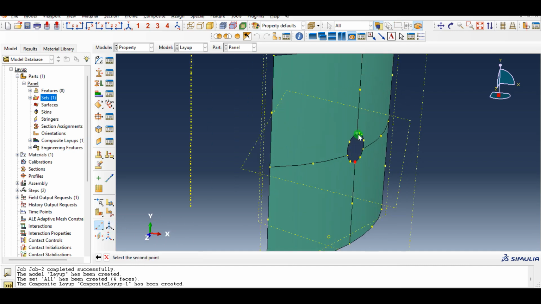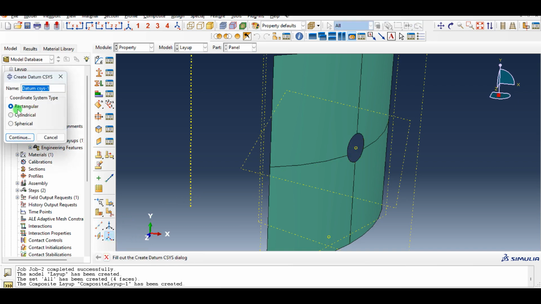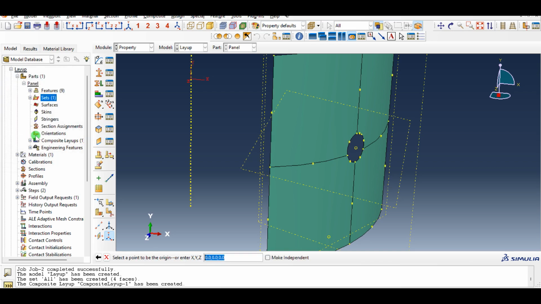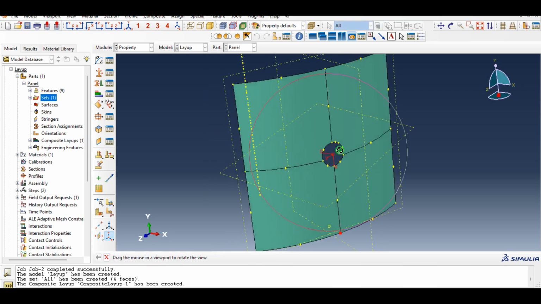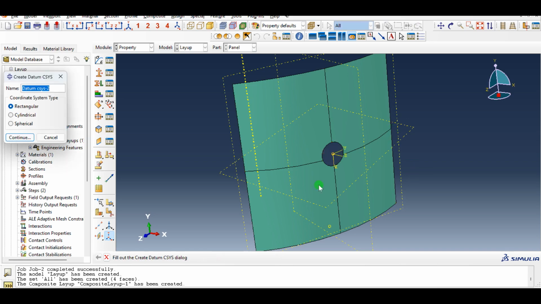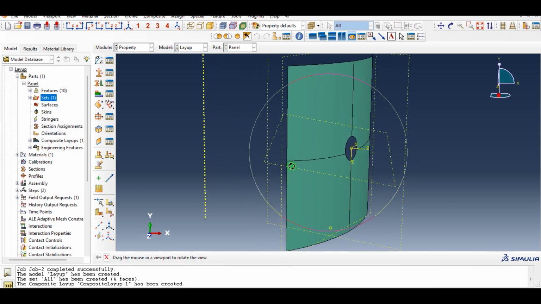We can use it by this method, and then create the datum coordinate system. We use rectangular, and for selecting the point we select the created point, and then for the x-axis we choose this point, and for the xy plane we choose this point. Okay, our datum coordinate system is created,